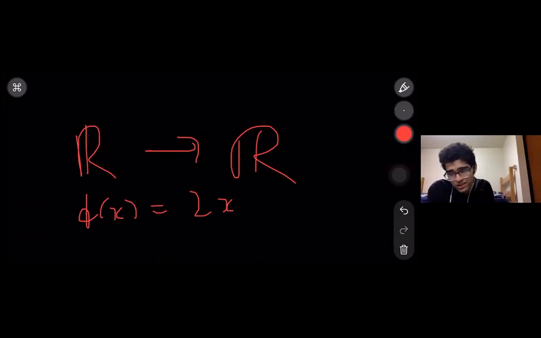My first question to you is, is this a one-to-one function? Is every number mapped to one thing and no other number is mapped to that thing? Or can you have two numbers mapped to the same thing? Is this a one-to-one function? Good. It is a one-to-one function, because if you take a number and multiply it by 2, you get a number and no other number will make you reach there. There's only one number that can go to that number.